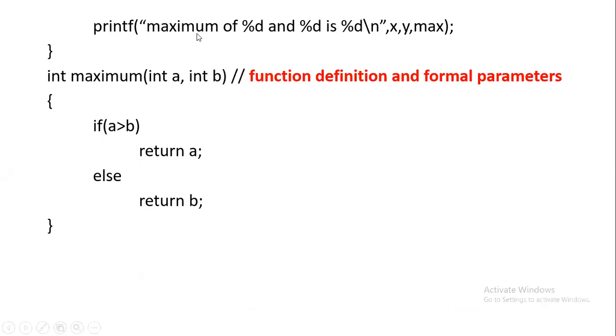So printf will not be executed now. Control goes to maximum of x and y. X was 3, y was 4. That will be given to a and b. This a and b, used inside the function, are called formal parameters. This is the function definition. It defines what the function has to do, it tells us what the task is. So the maximum has to be found among a and b, which is greater. A gets the value from x, b gets the value from y. So the sequence has to be followed: x and y, same sequence, a and b.